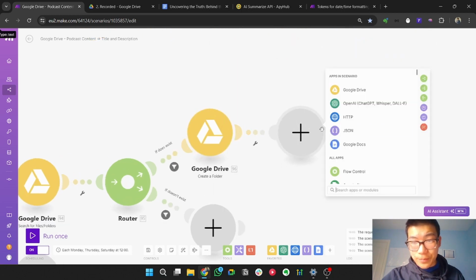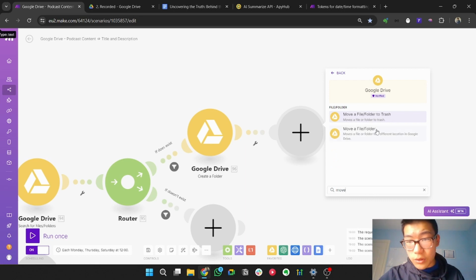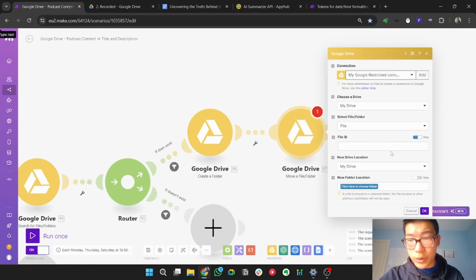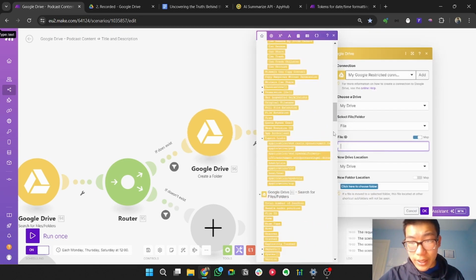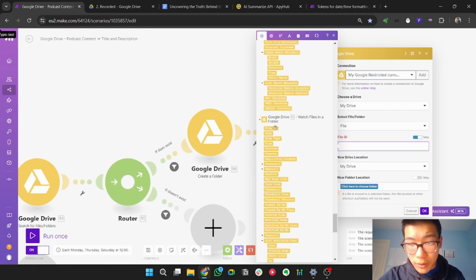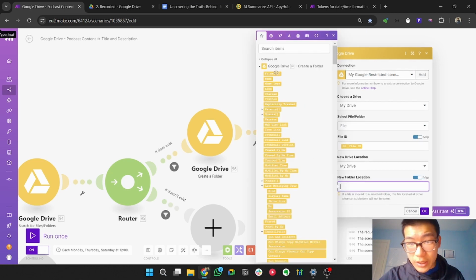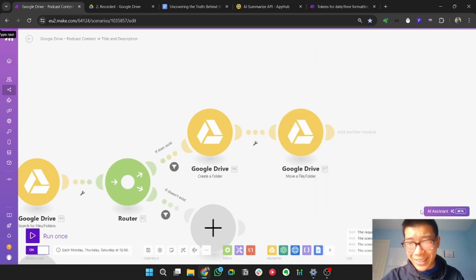And then from here, you then have to move the file. So move the file slash folder, which is the file ID, the very beginning one, which is this one here. So file ID, you move this over to drive 96, which is this one here. So that's all you have to do. Oh, wow, the lag. Right?